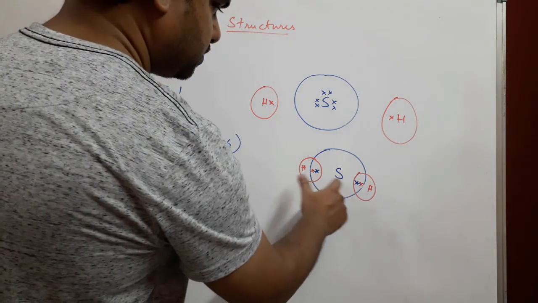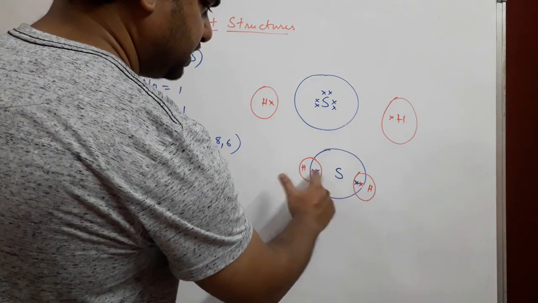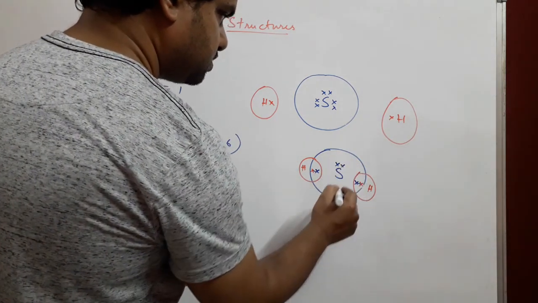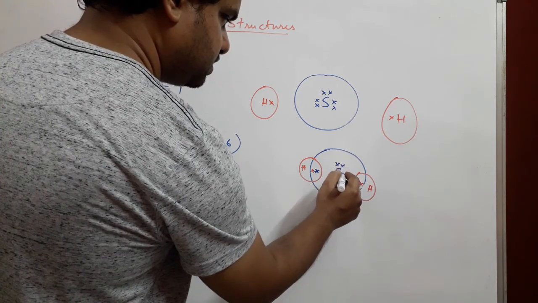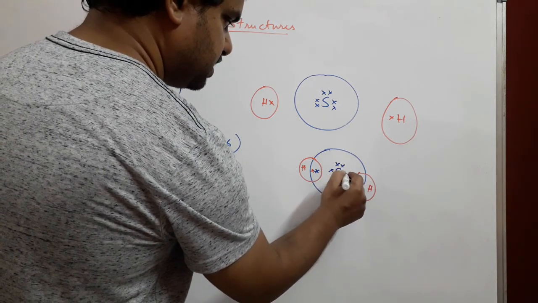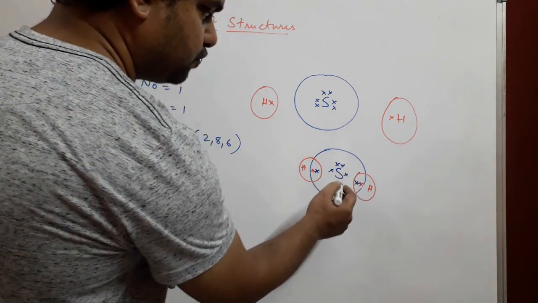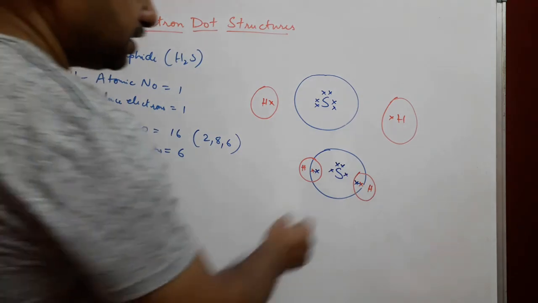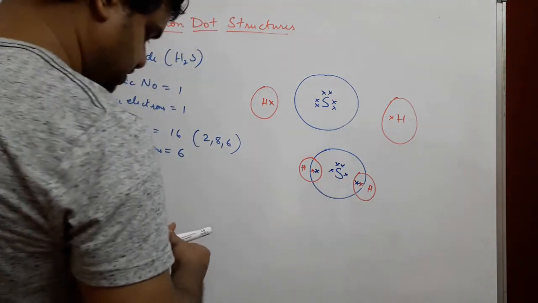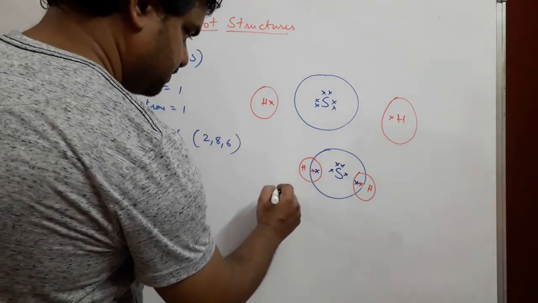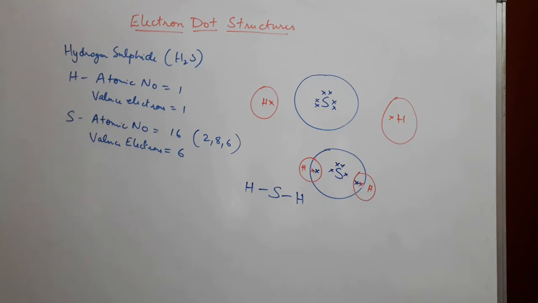So when these 2 electrons from sulfur get shared with these 2 hydrogen atoms, the electrons left look something like this. So 2 electrons are left over here. Totally 4 electrons are left which do not participate in the bonding, and the structural formula of hydrogen sulfide looks like this. Okay, so that's H2S. So this is the electronic dot structure of hydrogen sulfide.